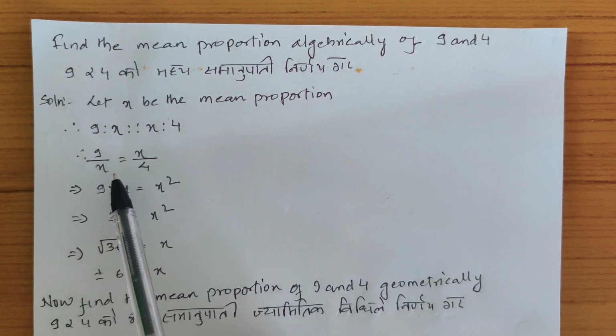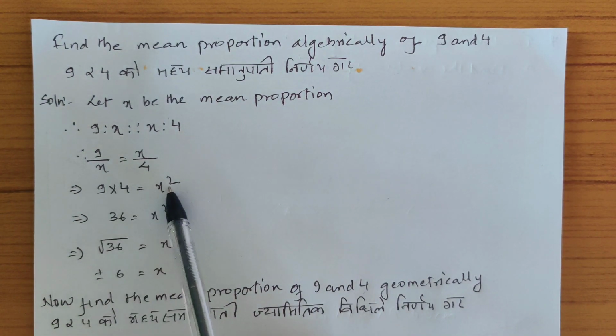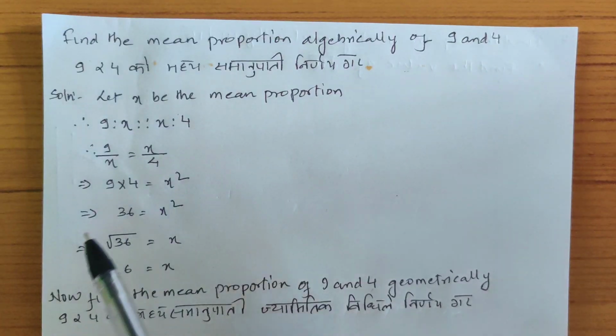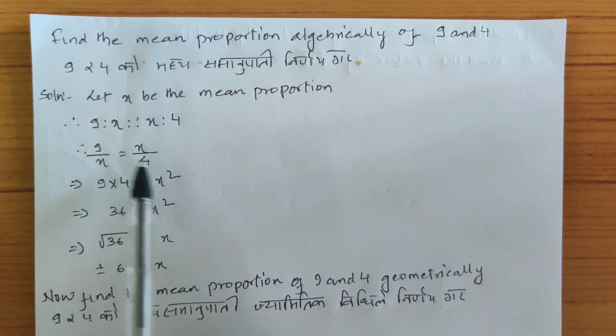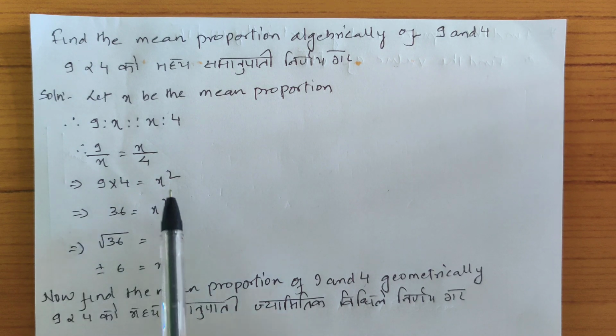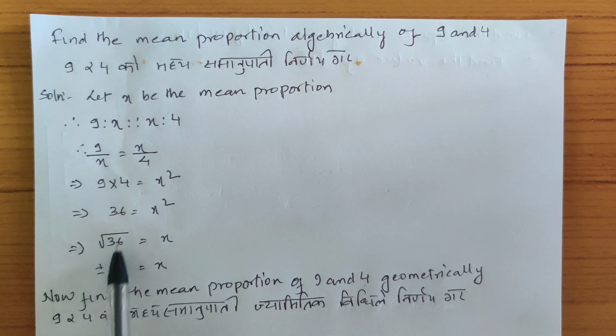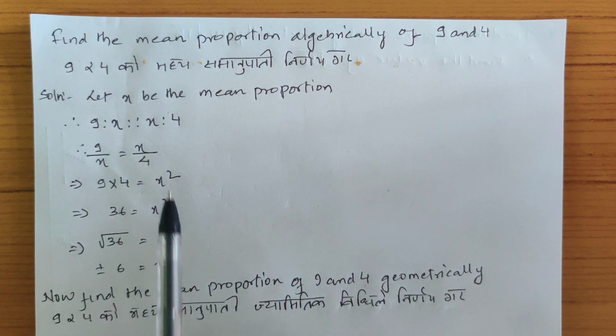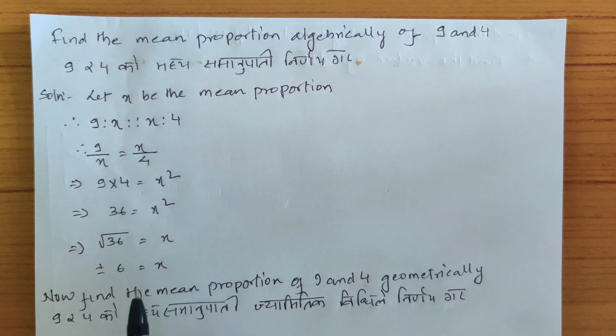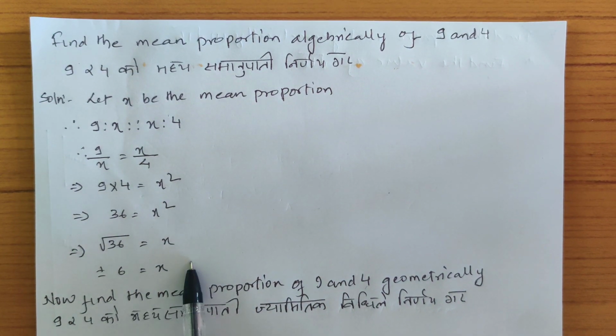I'll cross multiply. You can write any one first, this on the left hand side or that on the left hand side. It does not matter. So 9 into 4 is 36, x into x is x square. You remove this square in the next step, under root 36, which will give me 6. So this mean proportion of 9 and 4, which is 6, we have calculated